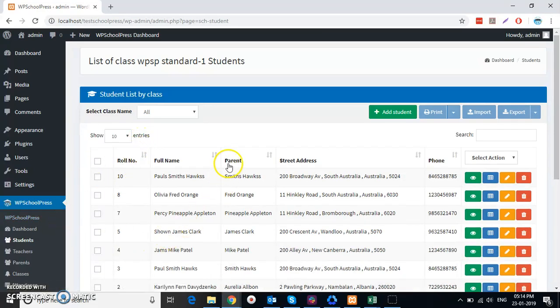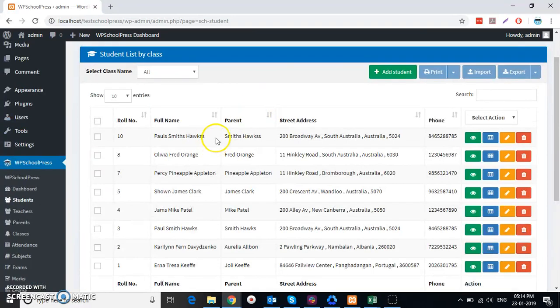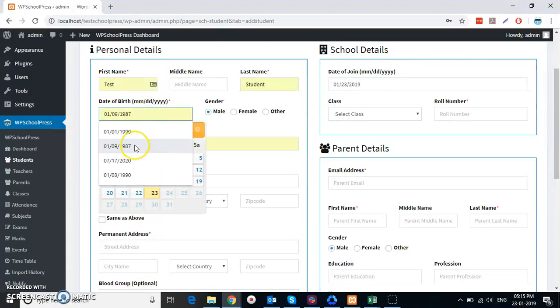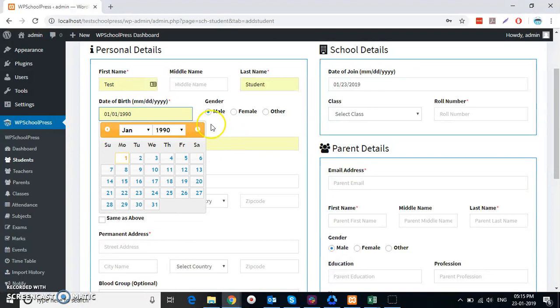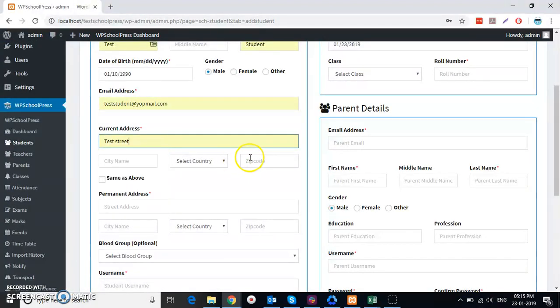So, I'm going to Students, and here what I get is the list of students which I have imported from demo data, and I'm going to add a new student, and then I am making it a test student. So this data is just for the video tutorial. That's why I am inserting